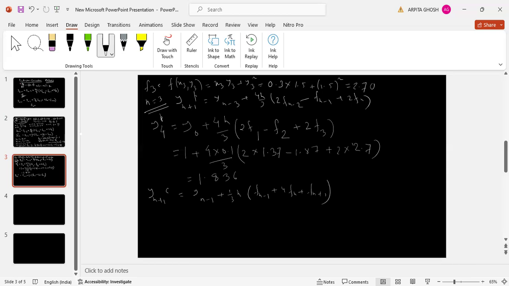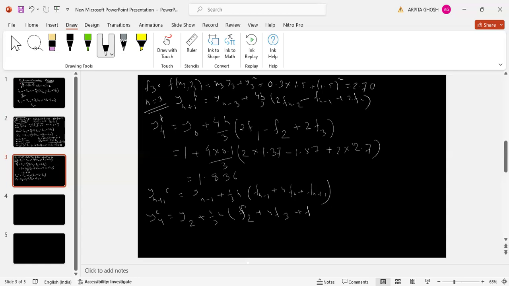Obviously, we have to find y4, so we are going to put n equal to 3. So y4 corrector, we put n equal to 3: y3 minus 1, that is y2, plus 1/3 h, n equal to 3, so f2 plus 4 into fn, that is f3,